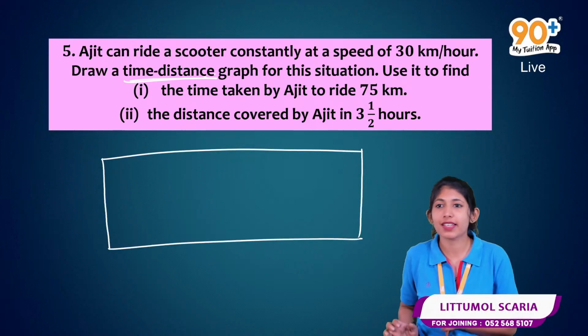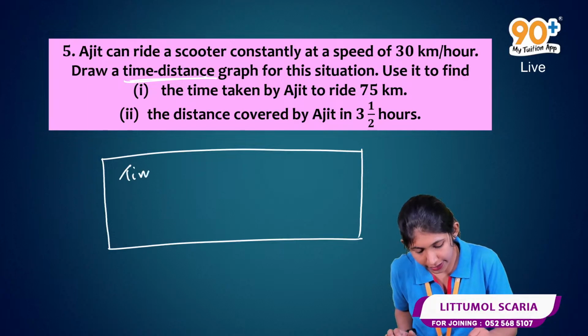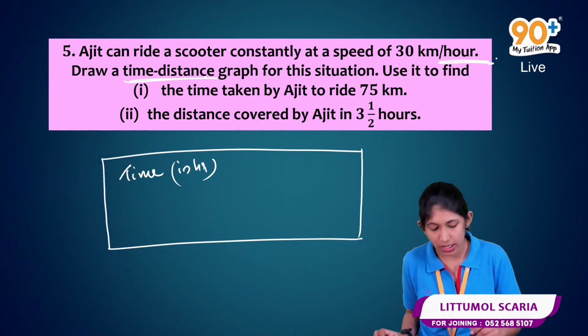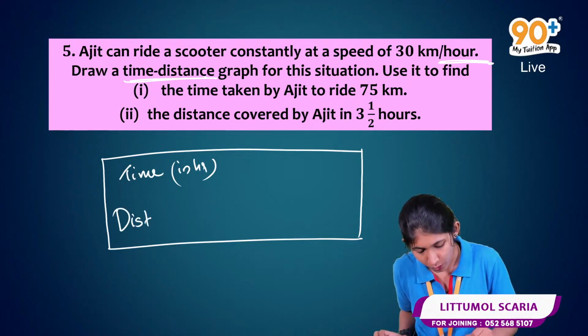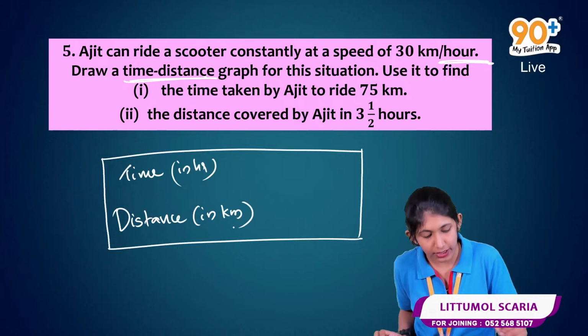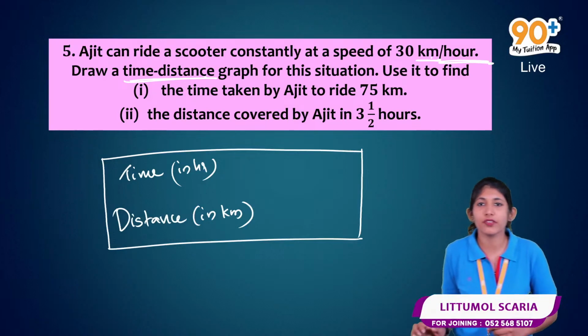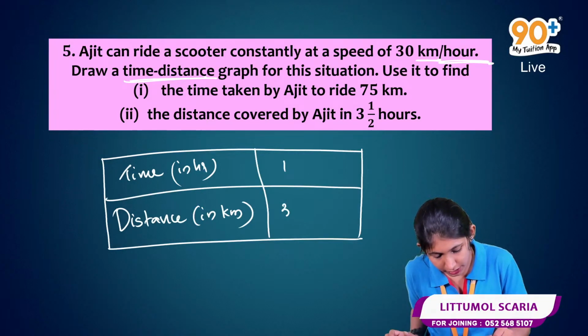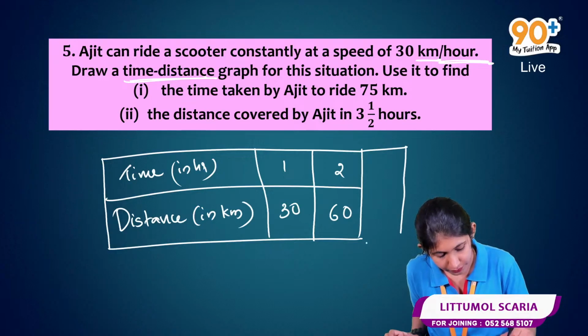Time distance graph. So time is in your x-axis in hour. Who told you the unit? The question told you the unit. Distance is in y-axis. The unit is in kilometer. Who told you? Given in the question. So in 1 hour, he completes 30 kilometer. In 2 hours, he completes 60 kilometer. In 3 hours, he completes,